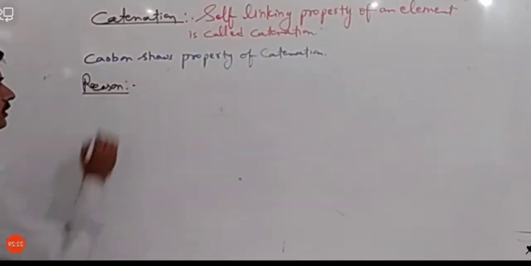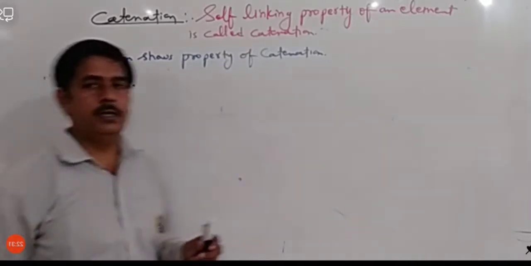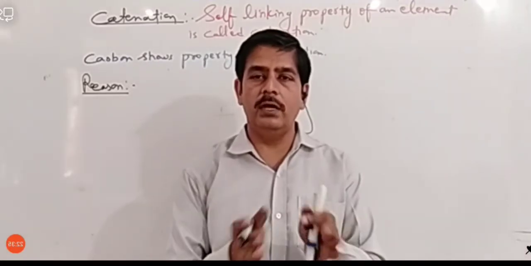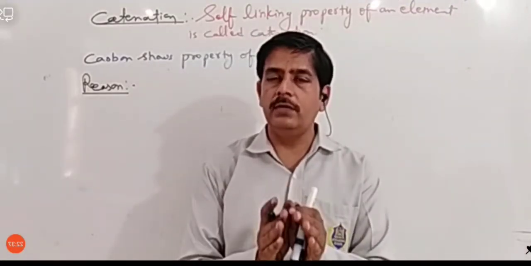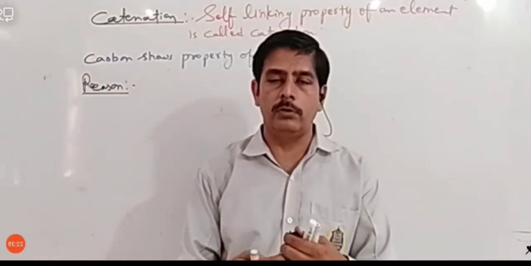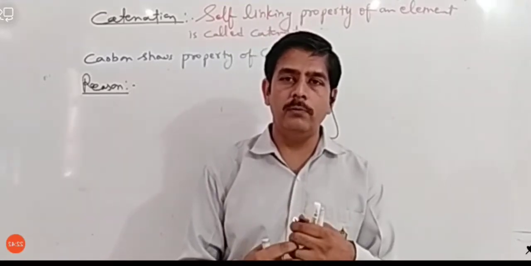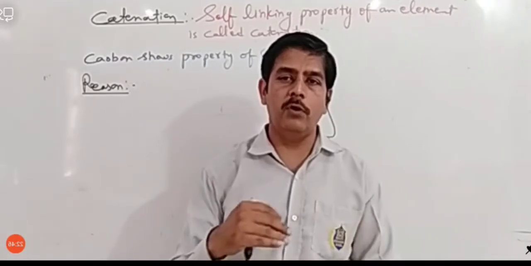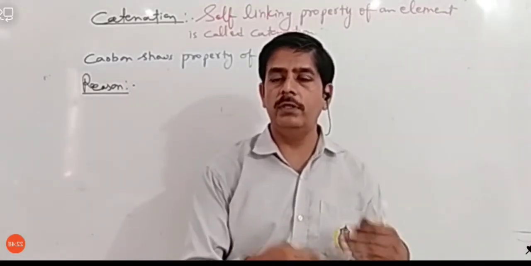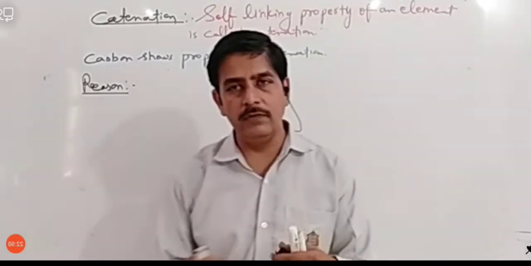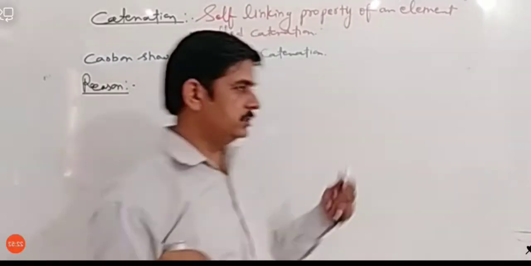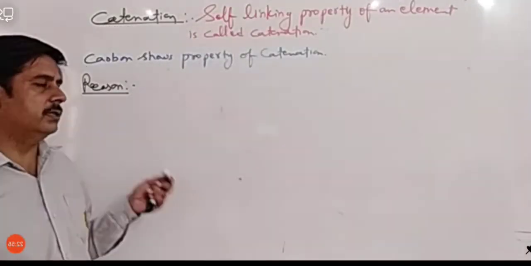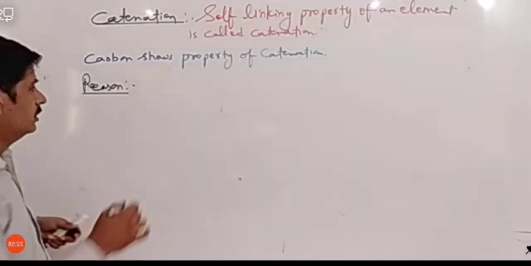So reason of catenation is that actually carbon has small size, and if it tries to form a bond with other carbon atom, then it will form a very strong covalent bond, and once a strong covalent bond is formed, it is not easy to break it. So it can form such type of covalent bond with other carbon, and then it can easily form a long chain. So the reason which is mentioned in our book, and mostly in books, is that carbon shows catenation because